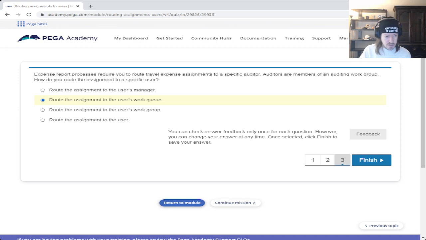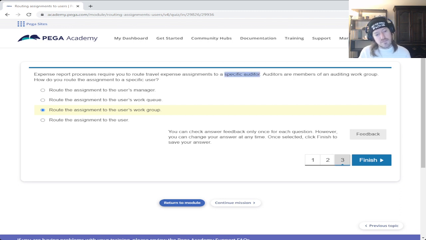You could assign it to the user's work group, but then anyone in the work group could try to work on it, right? Some other auditor can come in, try to take the work and work on it themselves, right? So that's not necessarily a specific auditor.